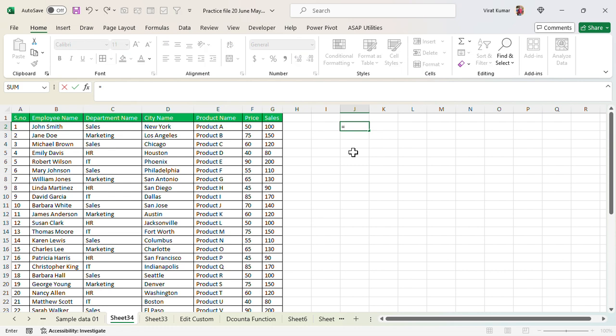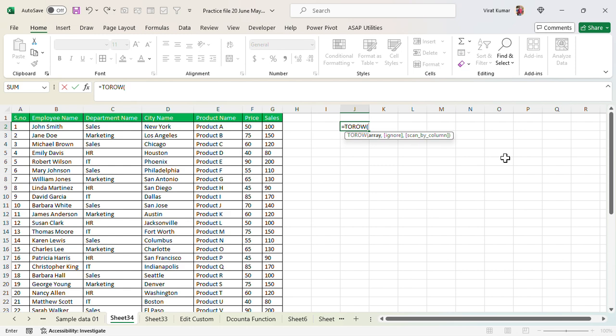So equal TOROW function. What is TOROW? First understand what is vertical and horizontal. Row is always horizontal and column is vertical. Keep remembering: whenever we talk about a row, row is horizontal.